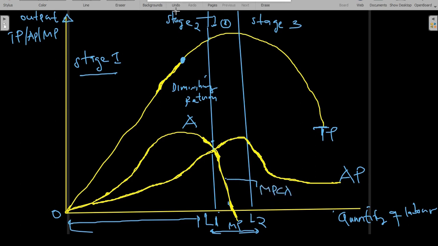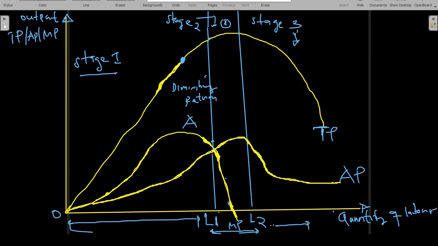So at stage number 2, this stage is regarded as the best stage of production because total product is at maximum. So it is the best stage of production than the first stage and the other stages because the total product is at maximum. This means that a producer has room to increase inputs and produce more output level. At stage 3,